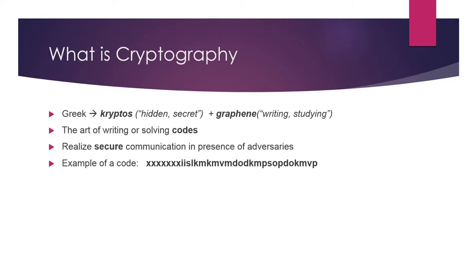What do adversaries mean? Adversaries are people you are trying to avoid, because you think that if they read those messages they can cause you some damage and you don't want them to read them. To give you a small example, in the past world war times, we are all aware of the two big world wars that happened in our world. At the time of war, many army personnel used to communicate with their soldiers on the ground using these hidden or secret messages.